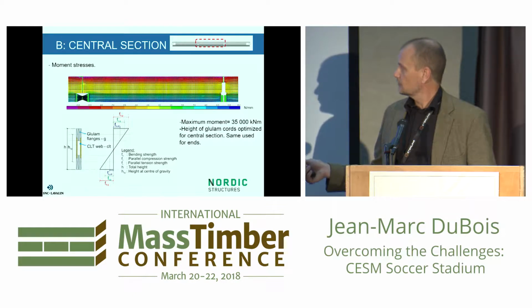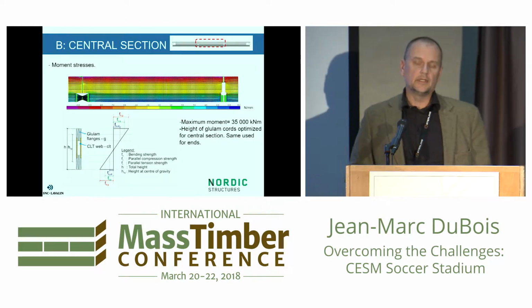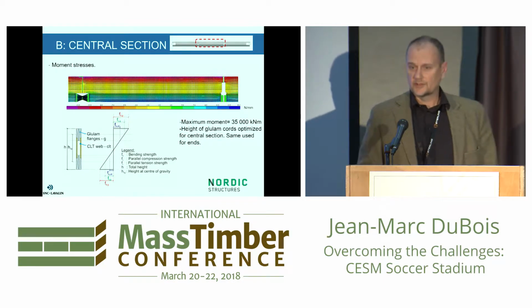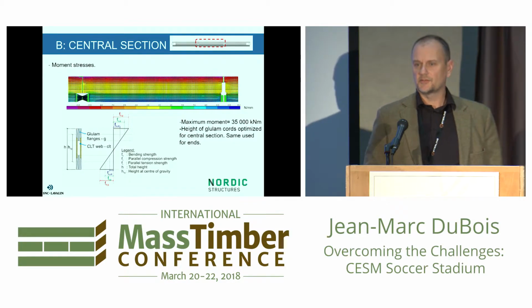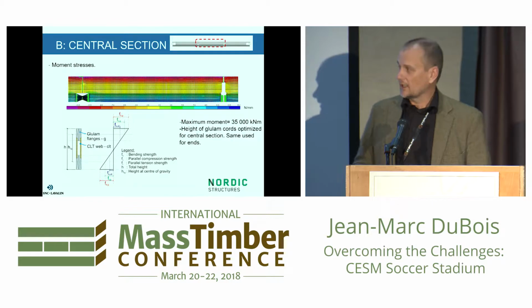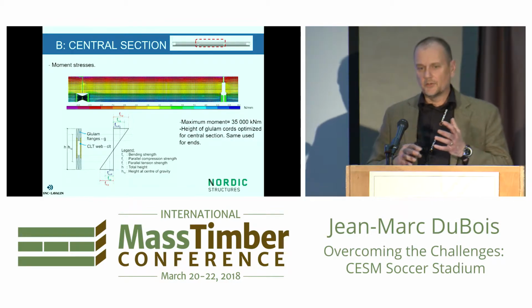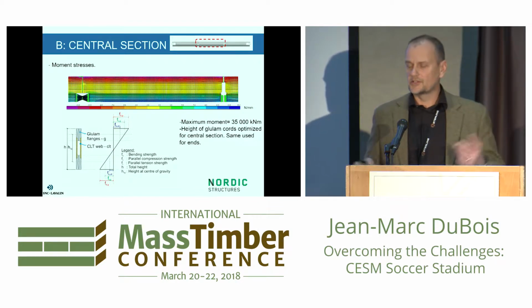So these are joints that were necessitated by the overall length of the beams, and marrying them together. 10,000 kilonewtons would equate to 2.6 million pounds of tension in these beams. So it's a very heavy load. And as if we didn't have enough challenges, with our wood fiber being so small, we can't really always orient the product in a lateral fashion